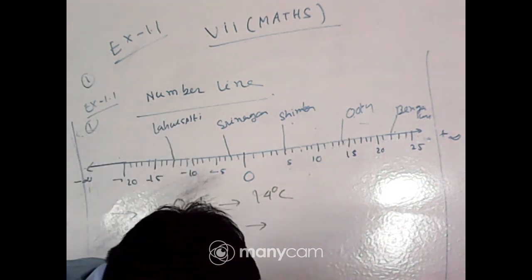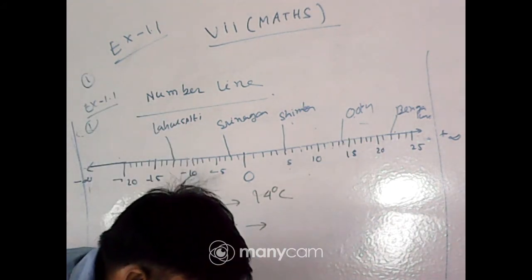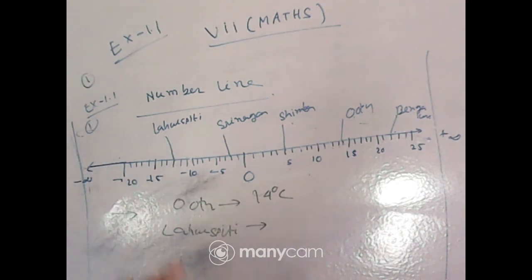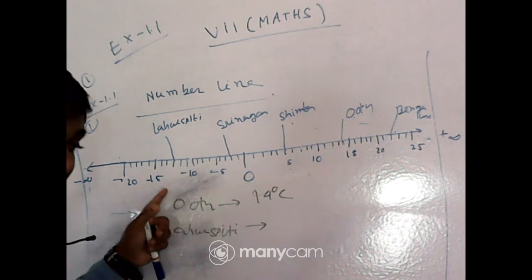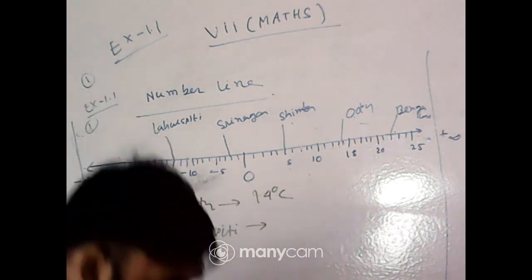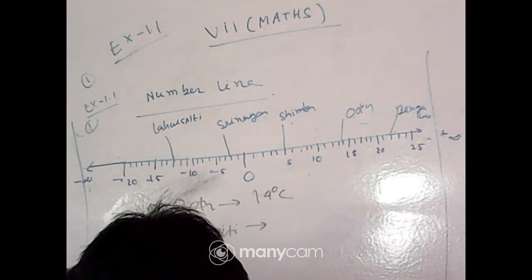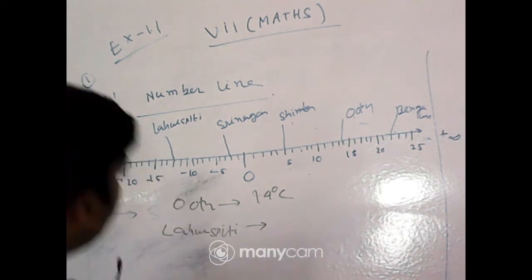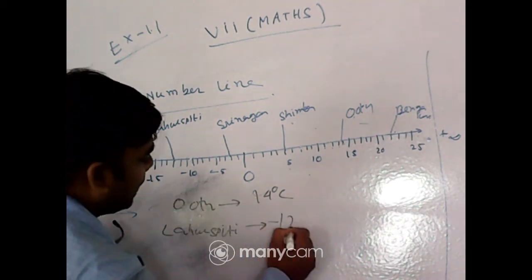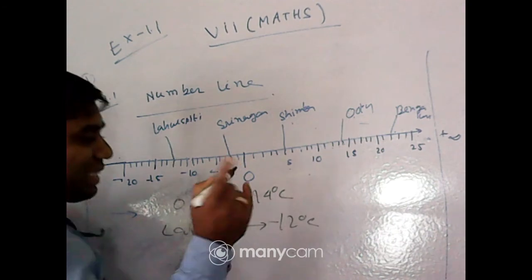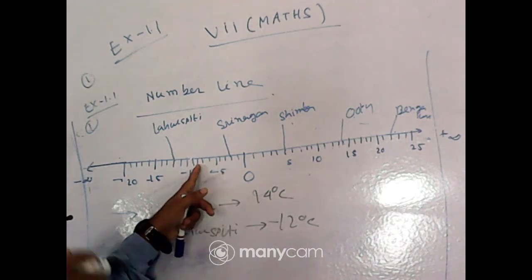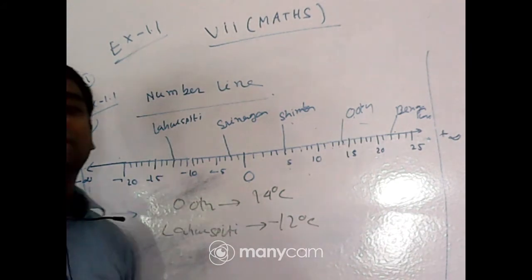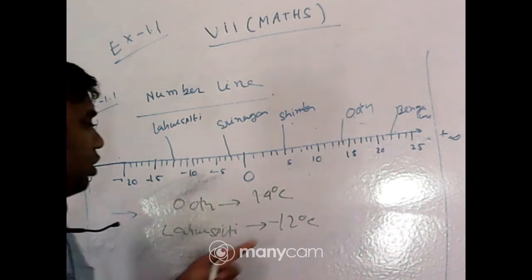Sunchita Malakar, answer. Anyone? All of you look at the board, then answer. Look at the board, not your NCERT book. Kinjal. Yes, minus 12 degrees Celsius. In your book it is given minus 8 degrees Celsius, but I have changed it to minus 12 degrees Celsius. So the temperature of Lahul Spiti is minus 12 degrees Celsius.